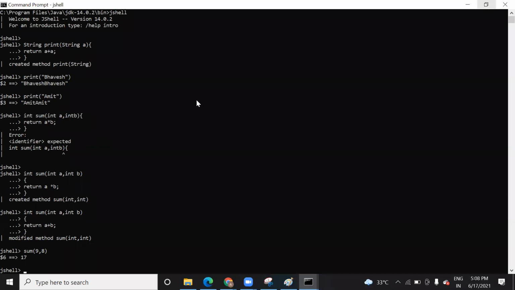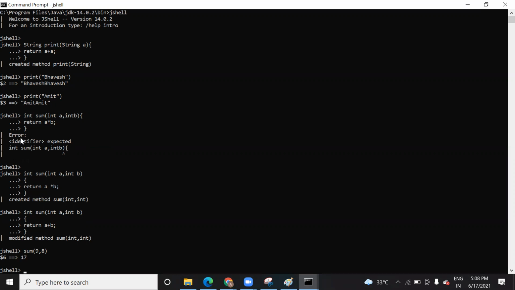In an error, this will not be counted as an instruction, because we are not getting any output of that particular instruction. That's the reason it is not showing you $4 there. When you are getting an output, then it will show you for which particular instruction you are getting the output.